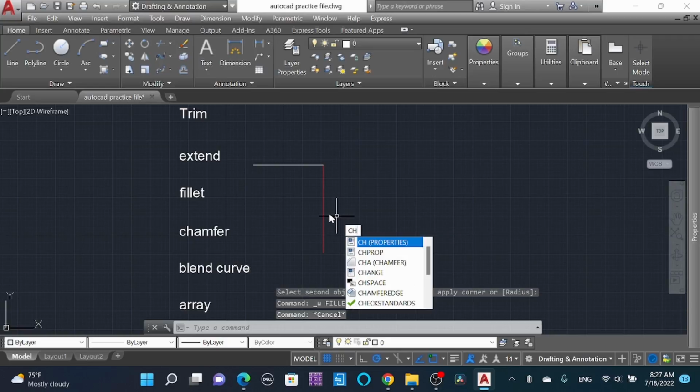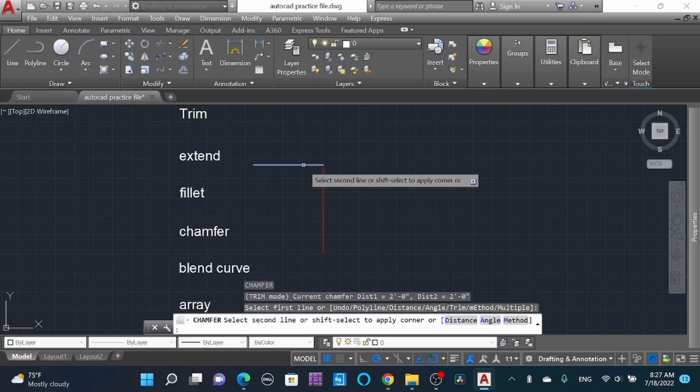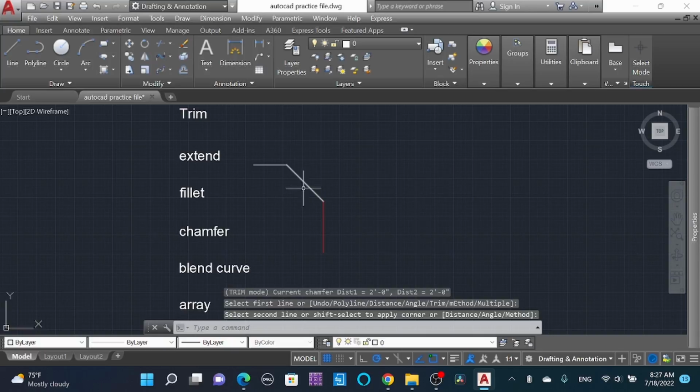C as a shortcut key for chamfer, and here you see select first line. Okay, selecting the first line, and then select the second line, or Shift-select to apply a corner. Now we'll do this, select second line. Selecting the second line. Okay, and this chamfer is formed. Now I will copy this